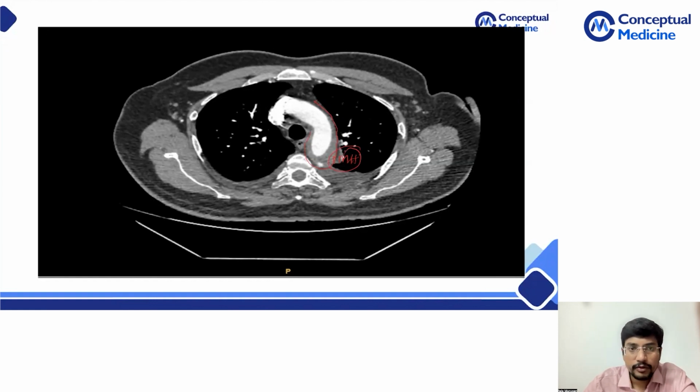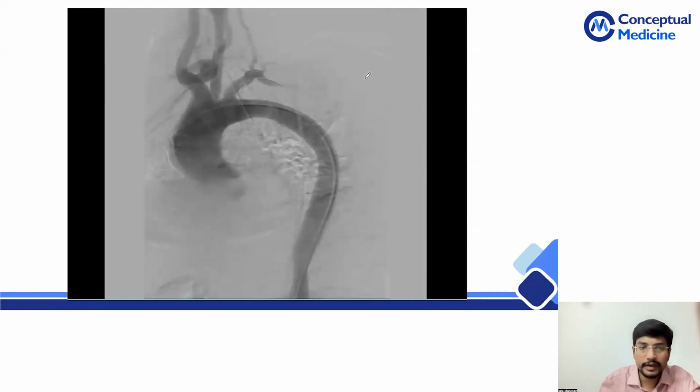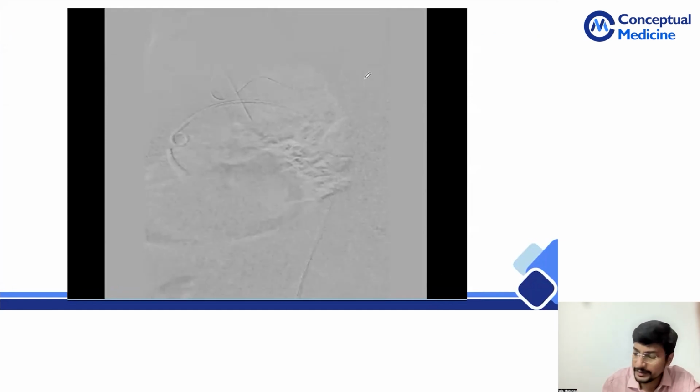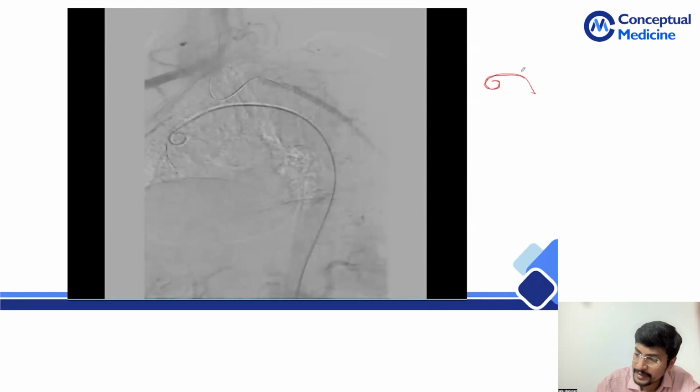So we proceeded to do an aortogram for this patient, and this was the aortogram. We take a femoral arterial puncture, pass a wire, and then through the wire take this pigtail catheter. The pigtail catheter will have multiple holes. It will have 6 side holes